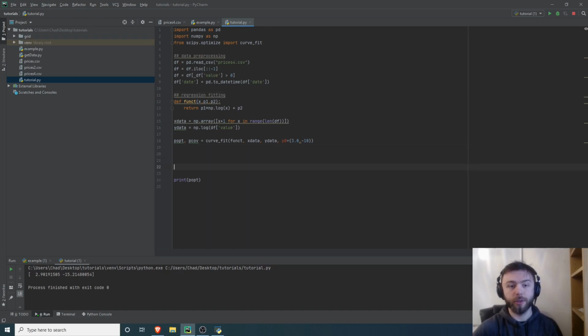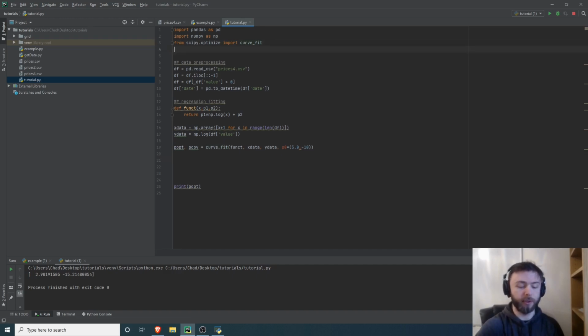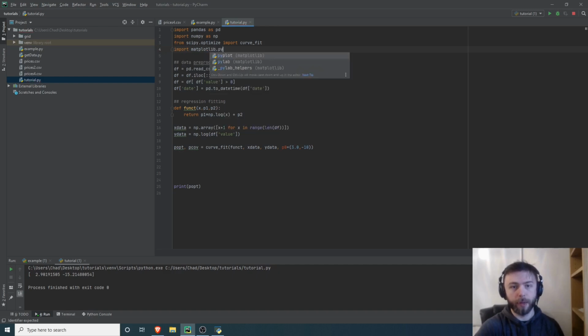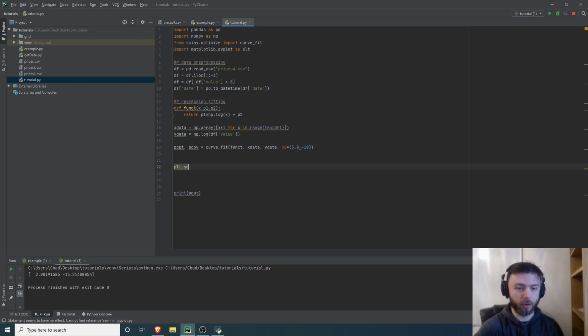Now we just need to actually plot the data. So for that, I'm going to import matplotlib.pyplot as plt. And then all we have to do is do plt.semilogy.